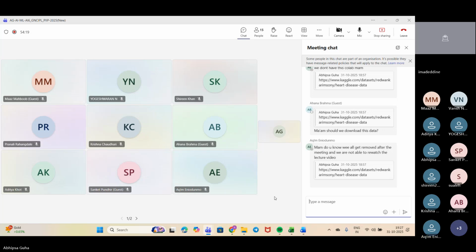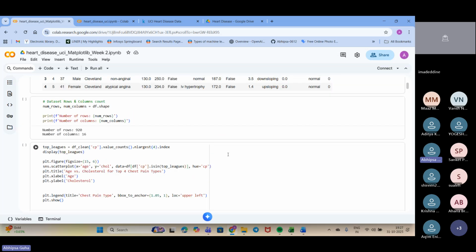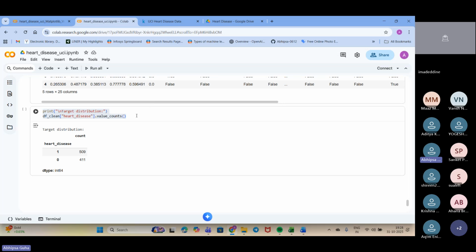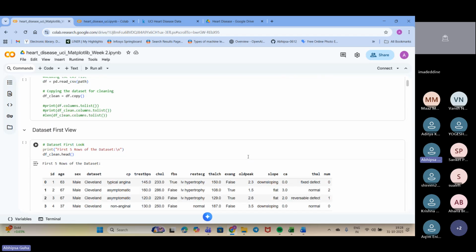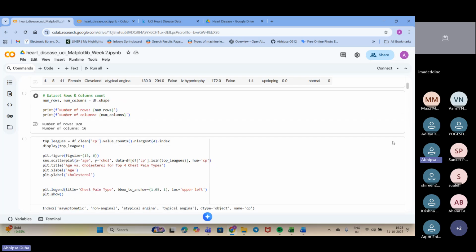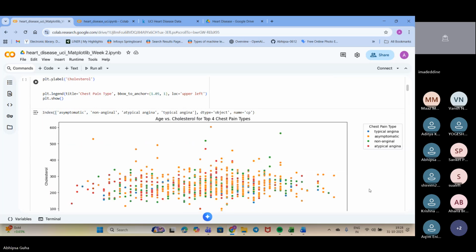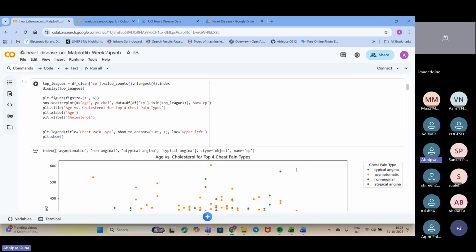Thank you, ma'am. Fine. Let me just move down to this section. This is the continuation of this part. After we have taken it up to this, then we need to do the EDA. What is EDA? EDA is exploratory data analysis, where we need to understand the data and visualize the data. Okay, so this is my data, and I'll just explain how we have visualized it.